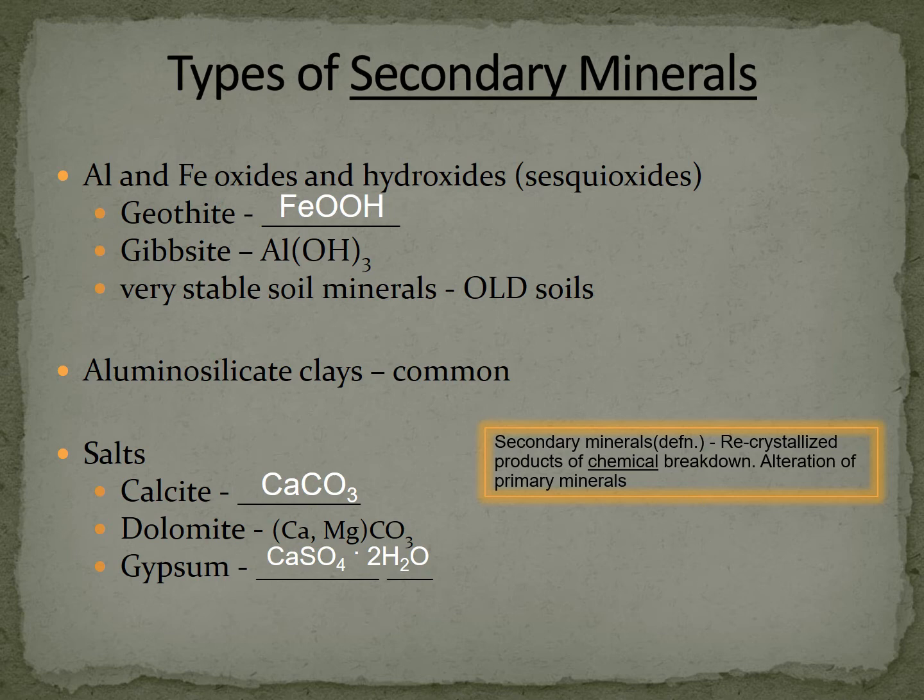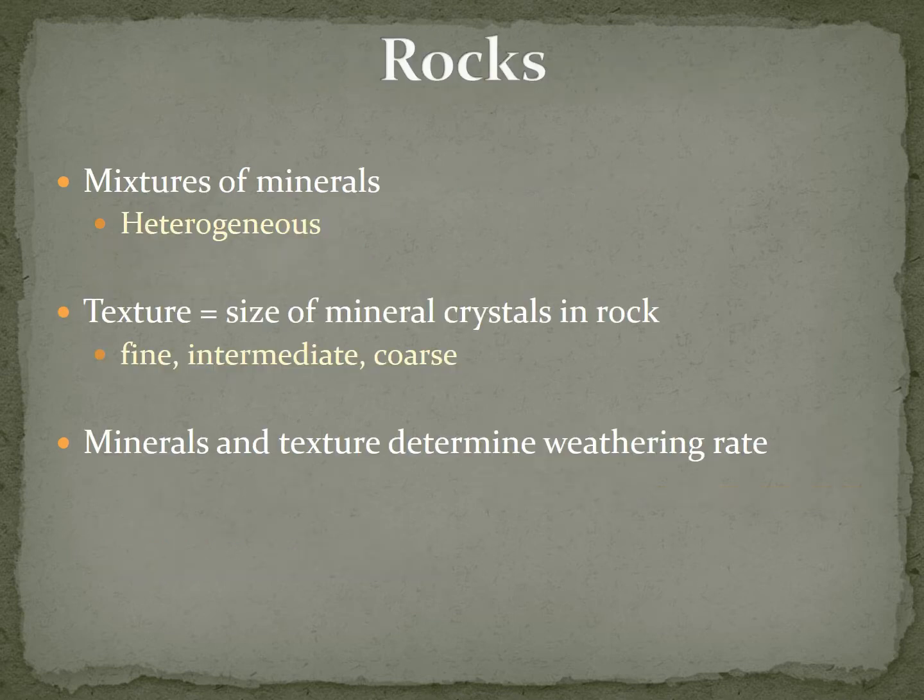So, one of the things I want you to look at is I'm never going to ask you to memorize any of these names or equations. But if I were to give you this formula and ask what individual nutrients this mineral releases to soils, you would say, oh, goethite gives me iron. Calcite gives me calcium. Dolomite can give me magnesium. Gypsum can give me calcium as well as sulfur. So things like that are where we're going with this kind of information.